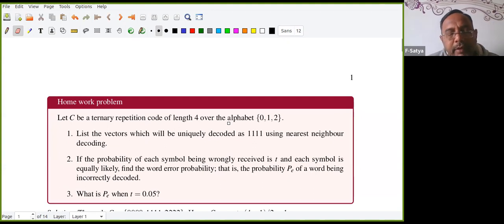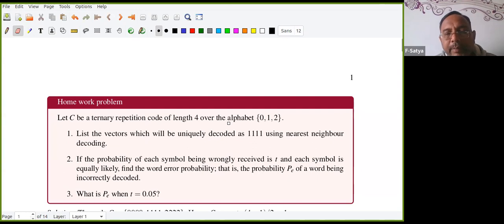Today is the third lecture. In the previous lecture, we started a little bit of what coding theory is. I gave one homework problem. We may be done, but I'm just revising one more time. I added a few more small questions to that.